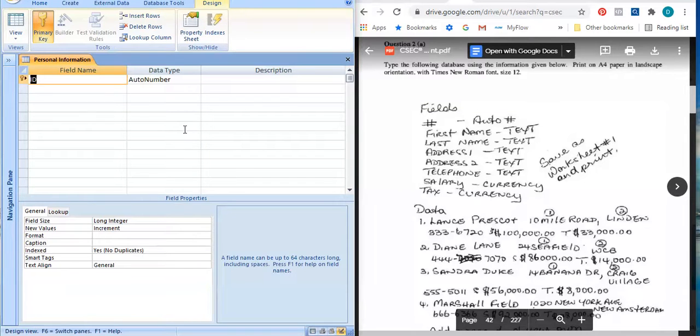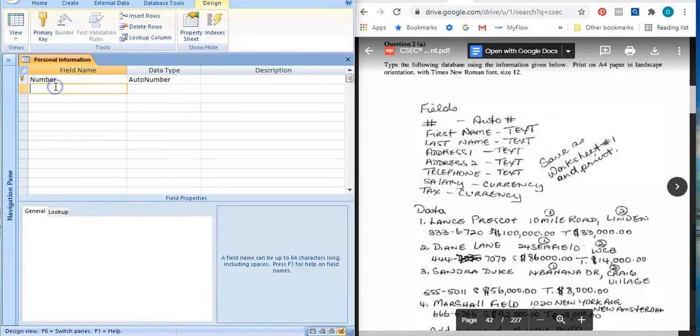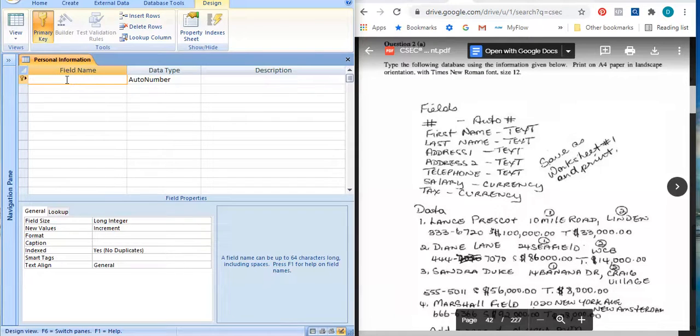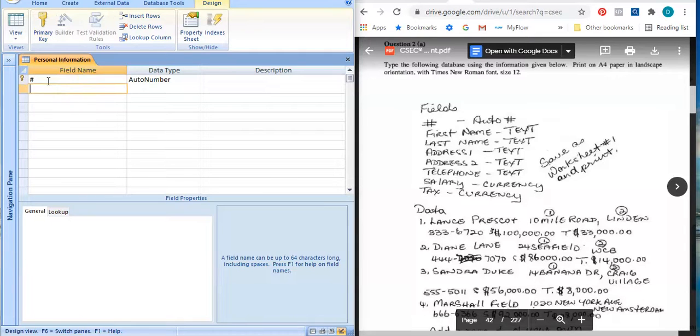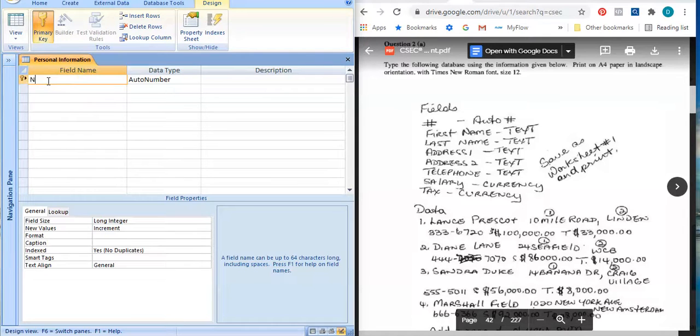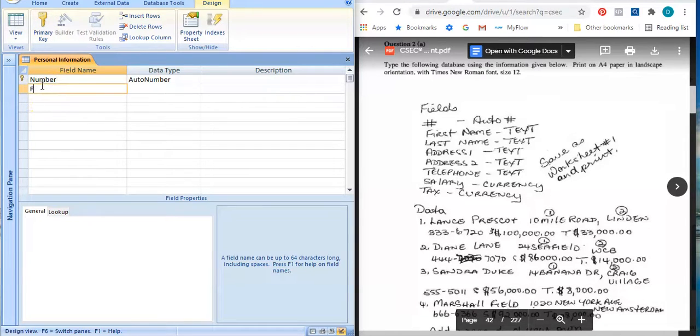Now here I am in the design view. I'm going to quickly do what they told us. So it says we should number. Let me see if I can keep it as the hashtag. Let me see if we can keep it that. No, let me put the word number. Alright, number, and that is auto number, then first name, followed by last name,